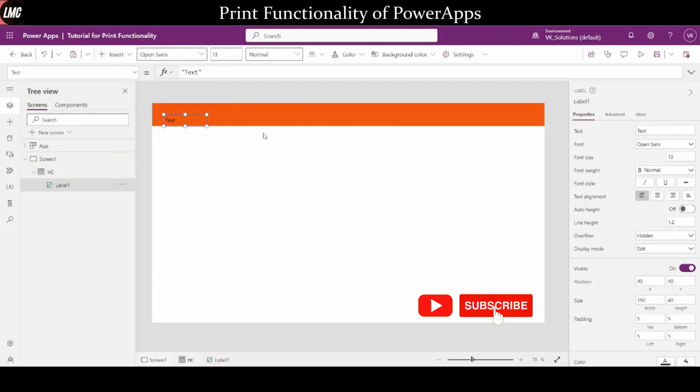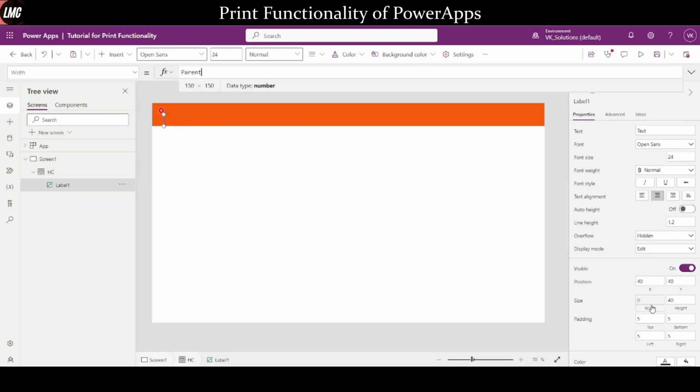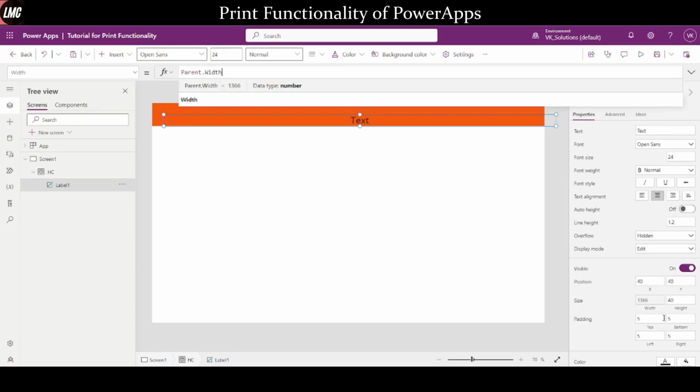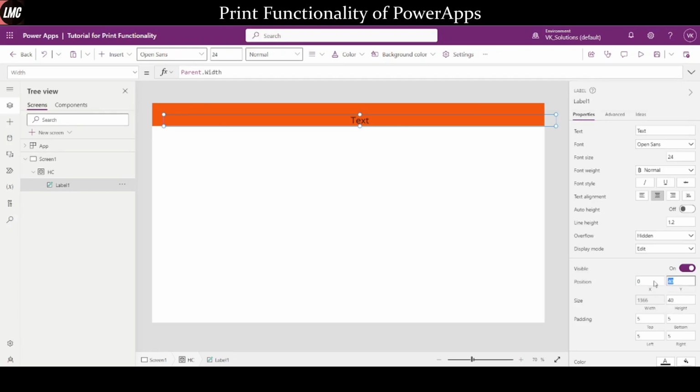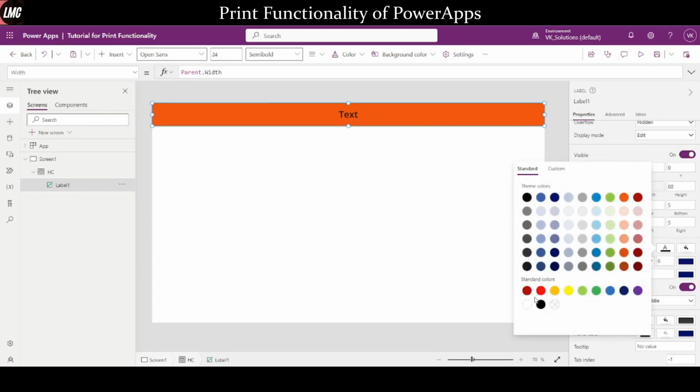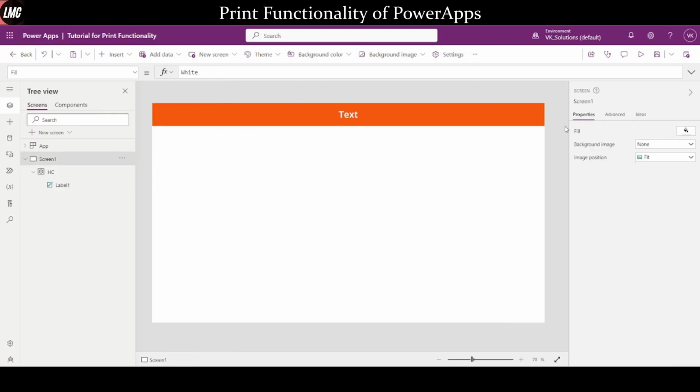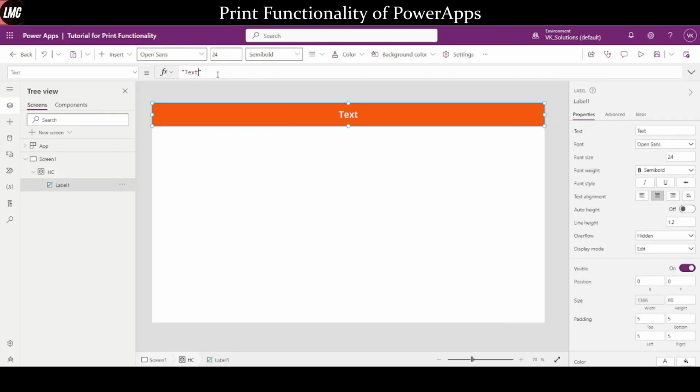Let's add some label inside it. Okay, size will be 24, center align, width again Parent.Width, X property 0, Y property 0, height let's give it as 80 only. Let's make it semi bold, white color, right? Can go up here and change the text to explore print